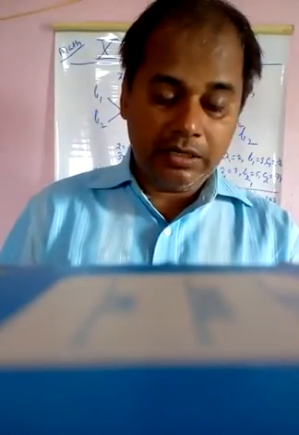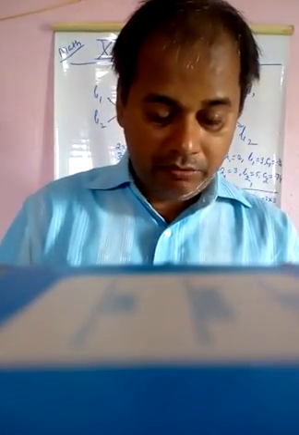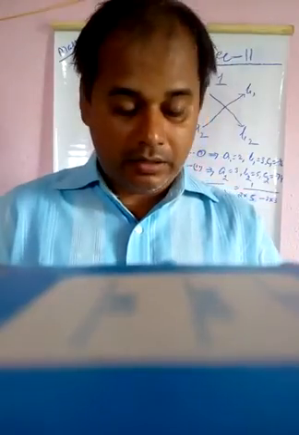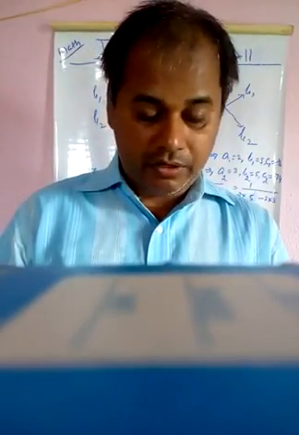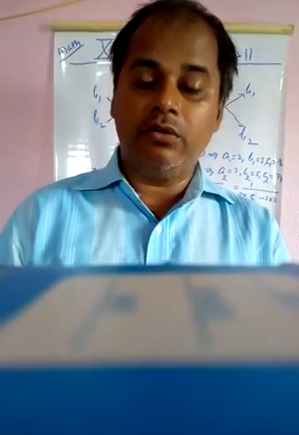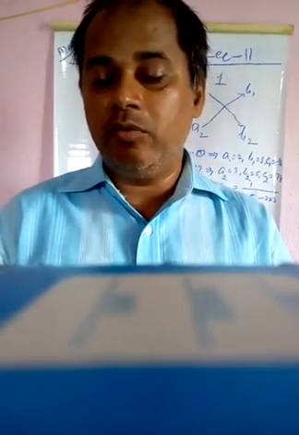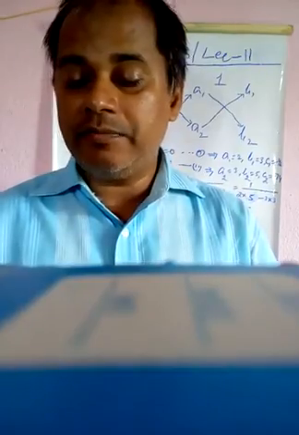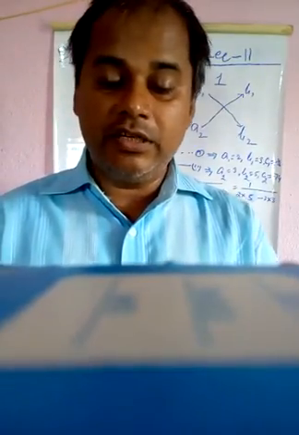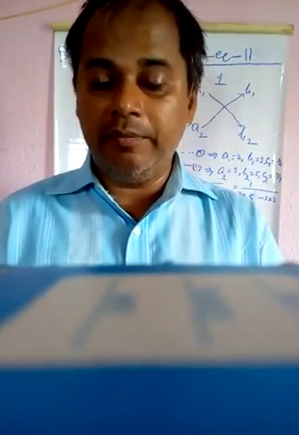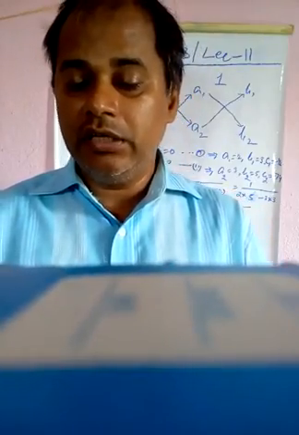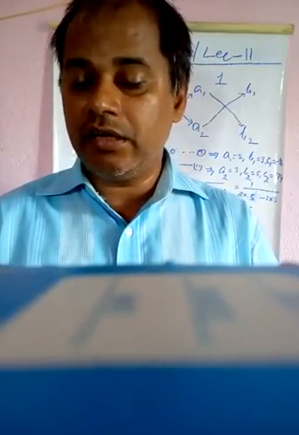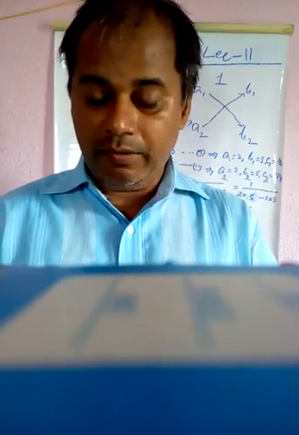Using the cross multiplication method, you will get the answer as x is equal to 8 and y is equal to 3. And the speed of the boat in still water is 8 kilometers per hour, and the speed of the stream is 3 kilometers per hour. Verification. Verify the solution that satisfies the condition of the problem.